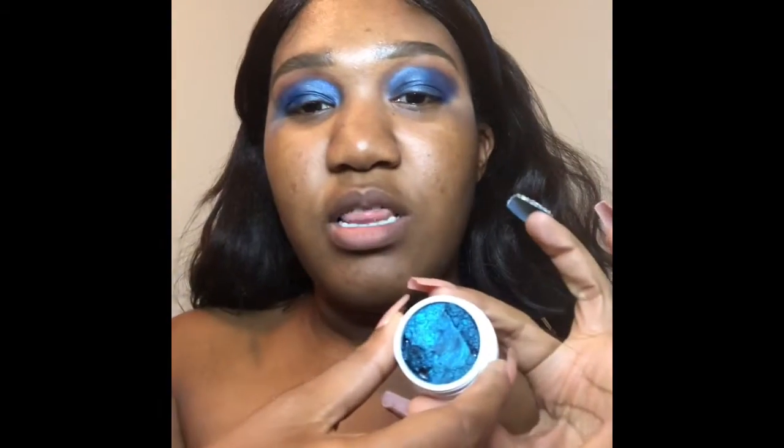So now I'm gonna go ahead and apply the Colourpop Coconut Super Soft Shadow. There it is right there. It's broken, you guys, but I'm still gonna use it. So I'm gonna take that and see how it applies with a brush. I usually like applying it better with my finger, but I'm gonna see how it applies on my lid. We can go ahead and talk about